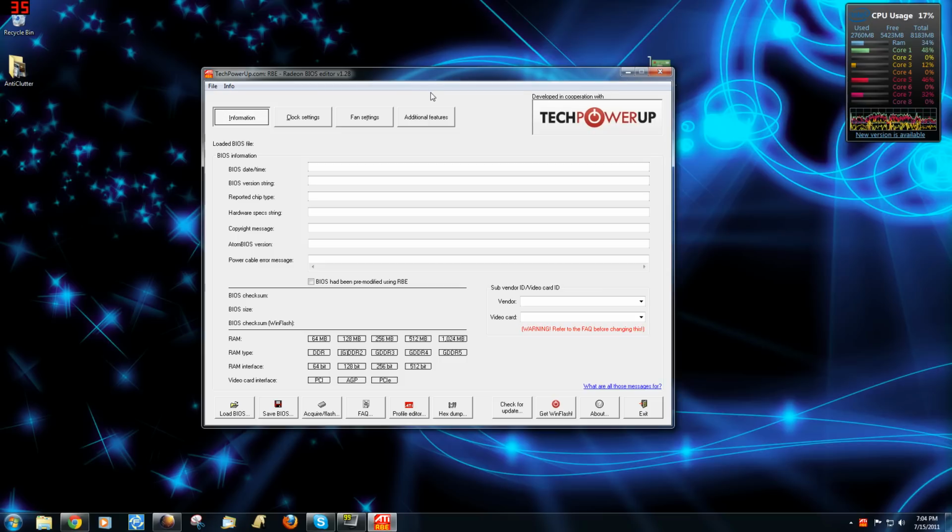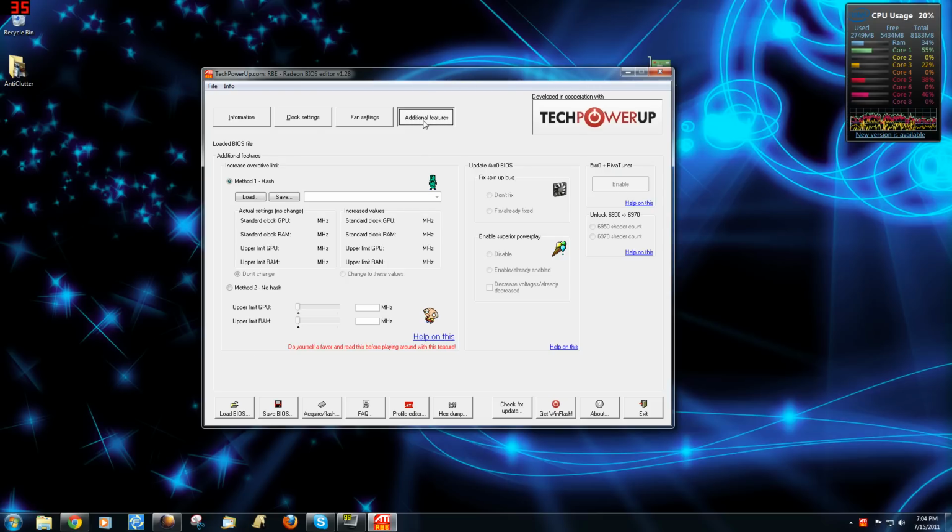We might come back to it at a later point, but for this tutorial, don't touch anything on the main screen. Instead, click on the Additional Features button at the top, and then on the right you're going to see this option that says Unlock 6950 to 6970, and that's the only option that we're going to want to touch. You're not going to want to change anything else,